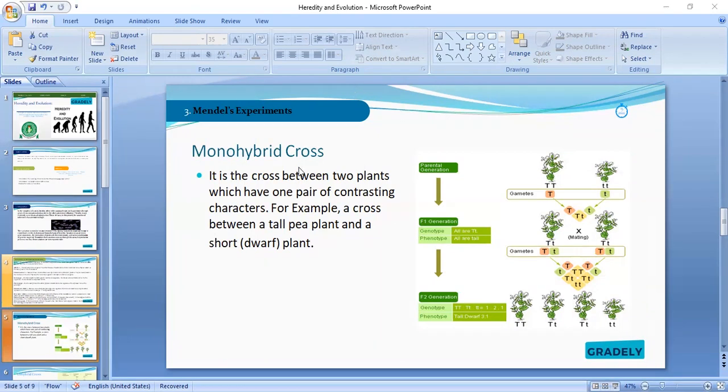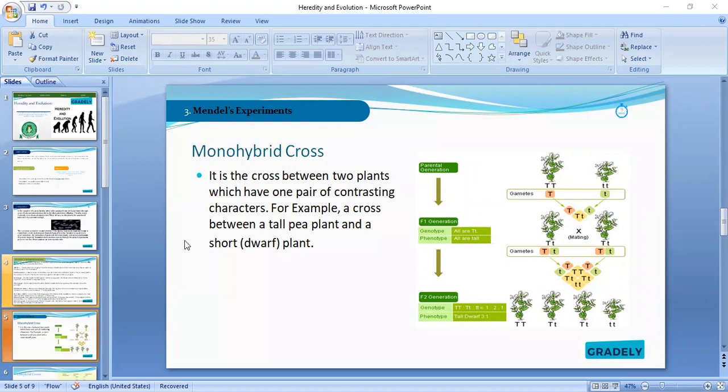Now, we're looking at Mendel's experiment. Let's look at the monohybrid cross and the dihybrid cross. Remember that these are questions that normally come up in JAM. Apart from the definition of terms that you see once in a while, this monohybrid and dihybrid cross is another thing that JAM usually brings out almost every year. So I want you to focus here and follow me as I explain.